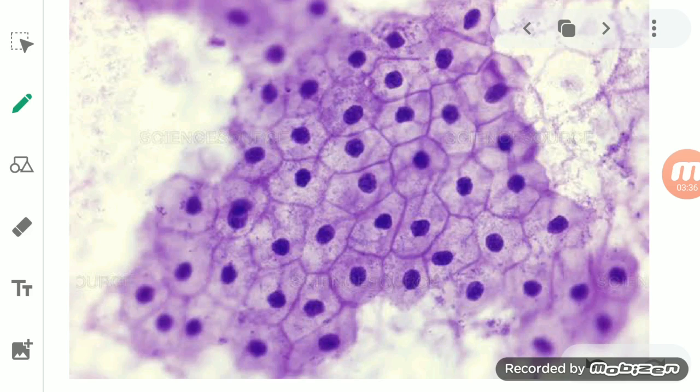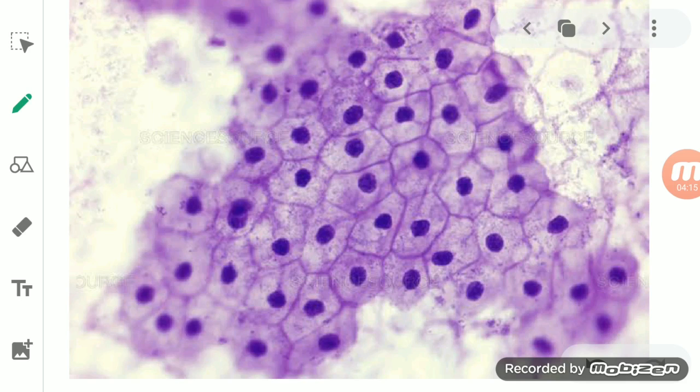You see students, one more thing is that this squamous epithelial tissue is a continuous sheet and a very thin membrane is present in it, and because of the thin membrane, squamous epithelium helps in the exchange of substances. Because of the thin membrane, exchange of substances can take place easily. So on that basis, we can say where it is present.